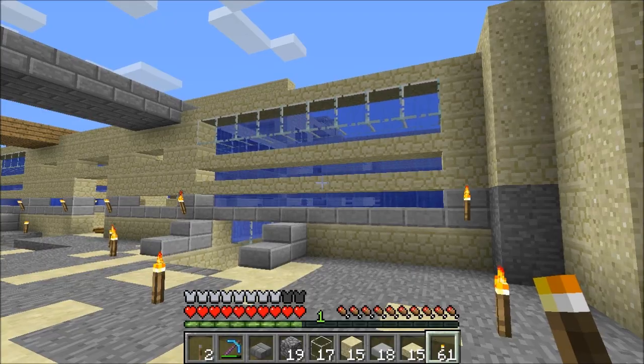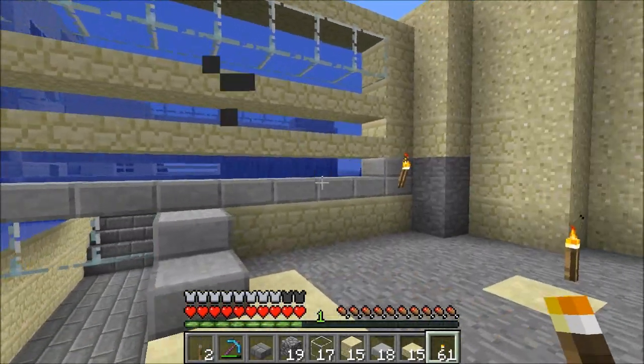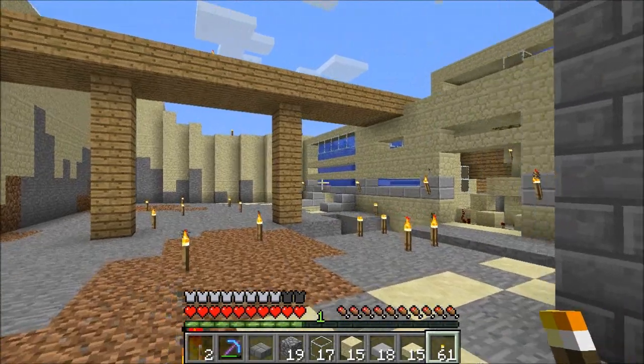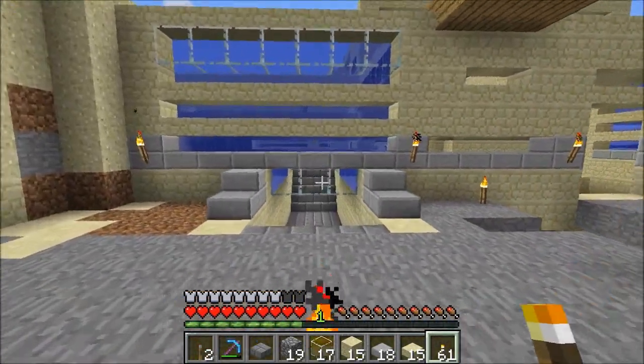So I've sorted out the problem with the half slabs by continuing this sort of line all the way across, and I put the double slab at the end here instead of a pillar, and I think it looks quite good. I've done the same thing down the other end as well, and what I'm thinking about doing next is